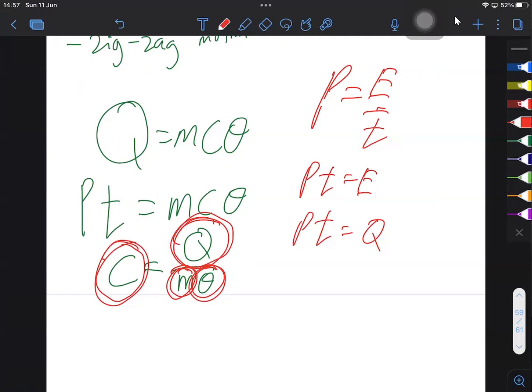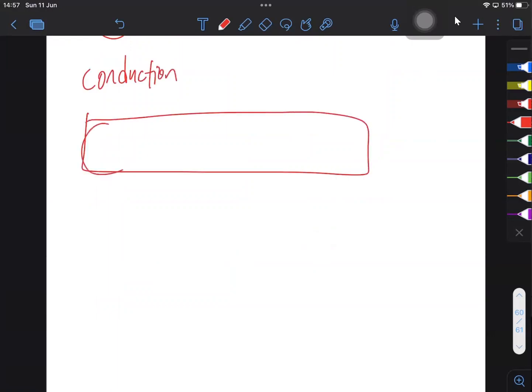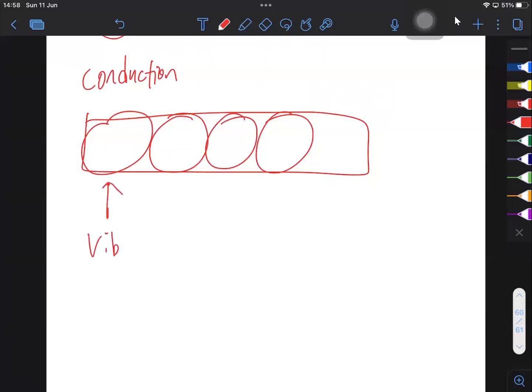What else was important from this chapter? Oh, conduction, convection, and radiation. More or less, you need to know how to define them. How does conduction occur again? In terms of the particles' movement, how does conduction occur again? Vibration, passing energy to each other. Good. So basically, the keyword here is if they are heated, they will vibrate and pass energy to the adjacent